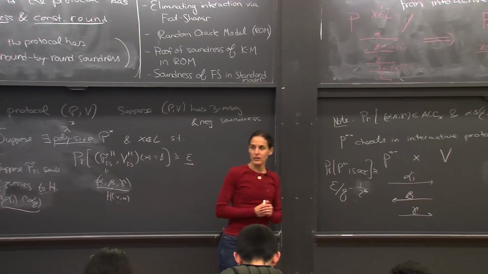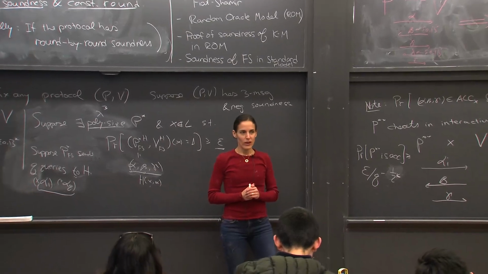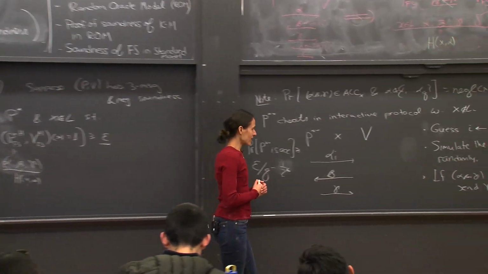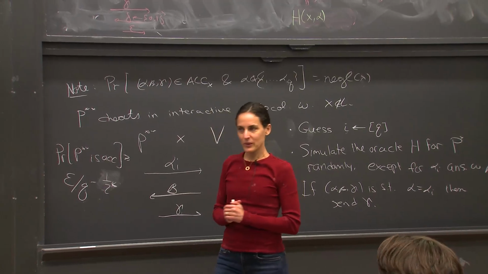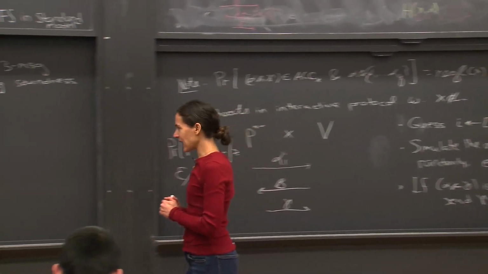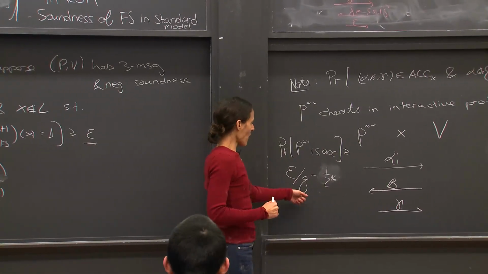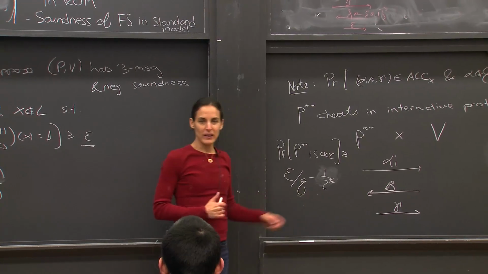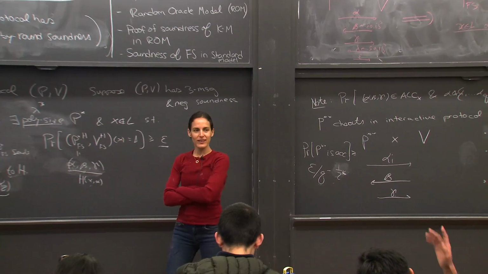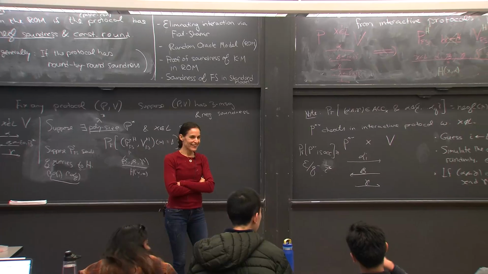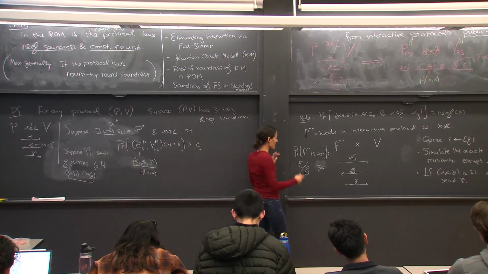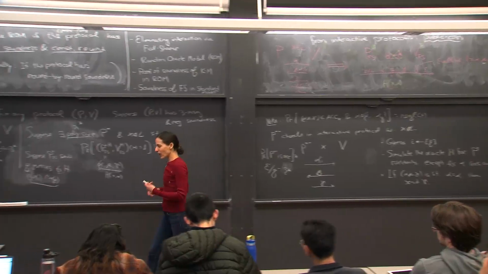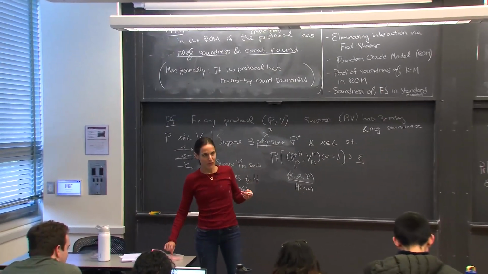What about more? So what if you have, I don't know, C rounds? What happens then? Any guess how the probability decays with the number of rounds? Yeah? Like epsilon over q and then c over q. Exactly. So if you have C rounds or C messages from the verifier,